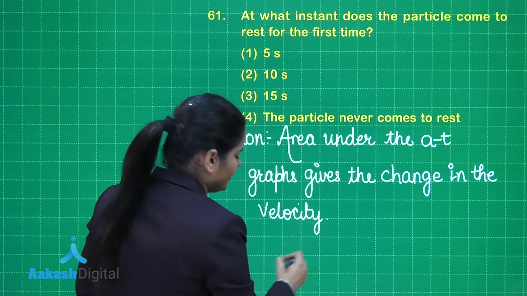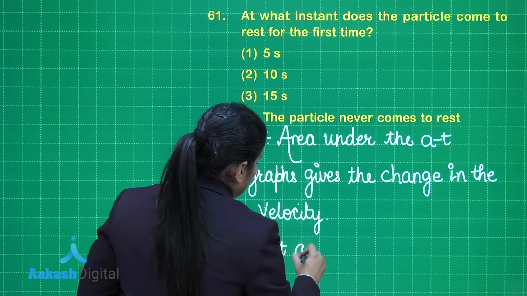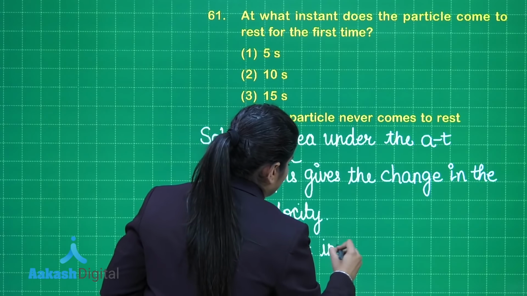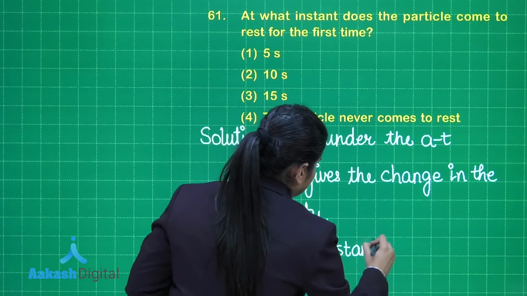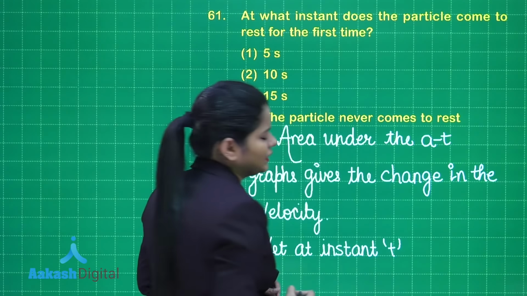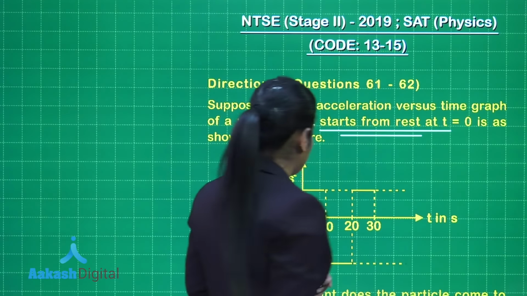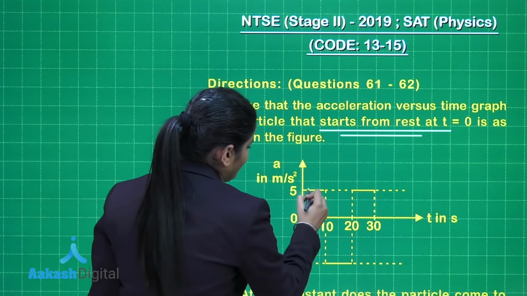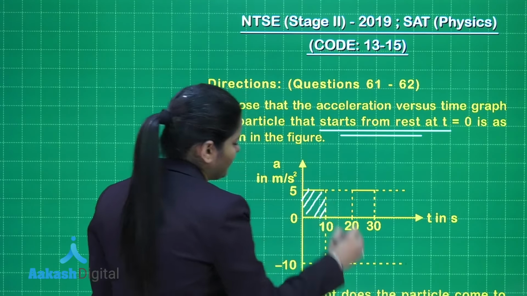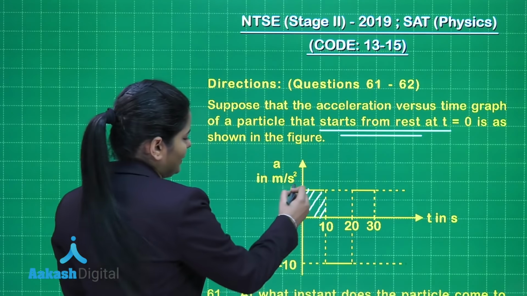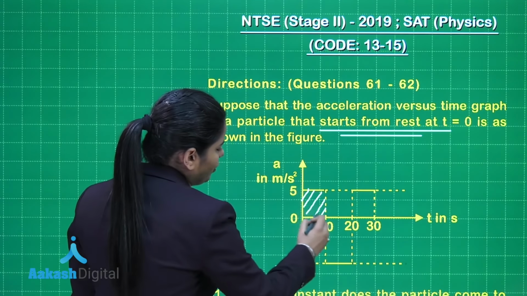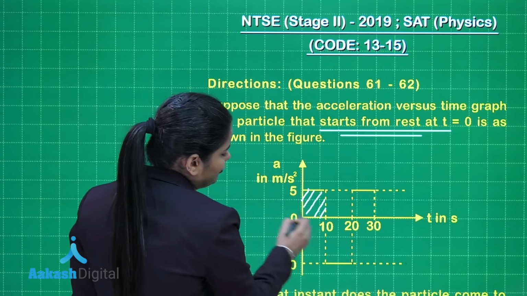And we are assuming here, let at instant t the velocity becomes 0. If I ask you to find the area of this part of the a-t graph, that will be the area under the curve, which is the area of this rectangle, that is 5 into 10,